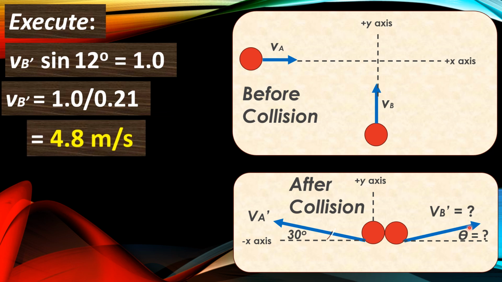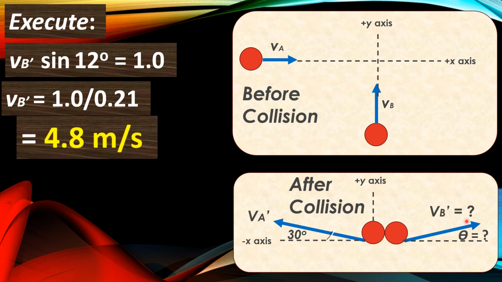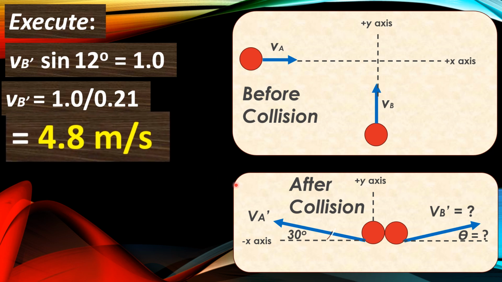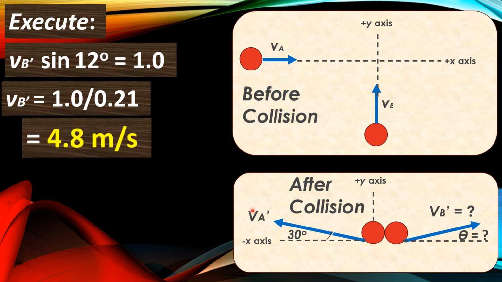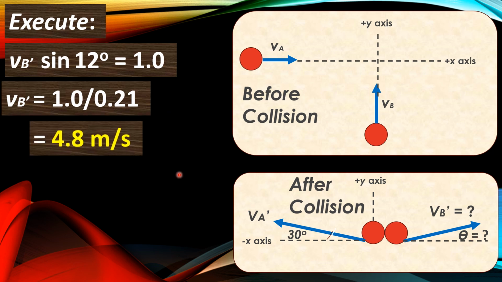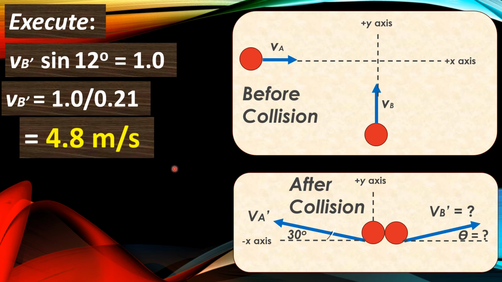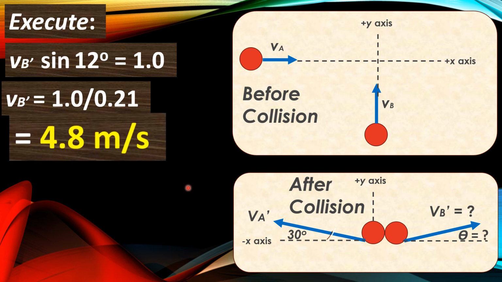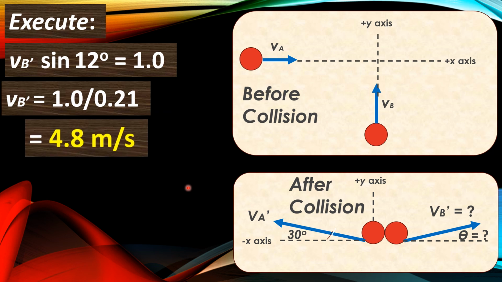Its direction is, as mentioned earlier, defined by the angle theta, which we have already calculated to be 12 degrees above the positive x-axis. So we say that the final velocity of particle B is 4.8 meters per second, directed 12 degrees above the positive x-axis. Now, we can check the answers,